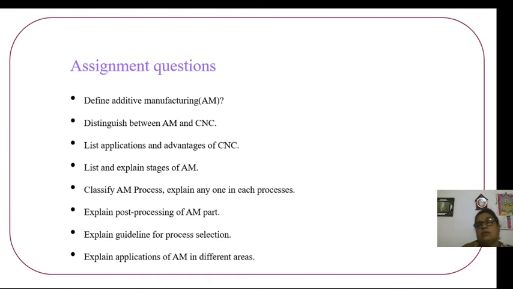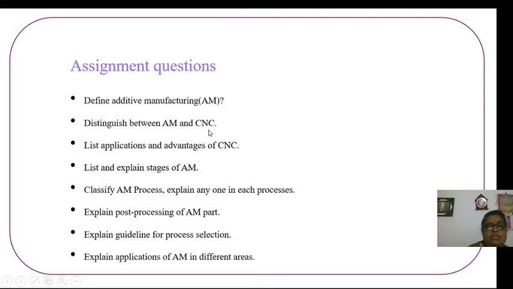Another point that you should remember here is the materials both machines utilize. The CNC machine works for plastics, metals and aluminium, etc. Even additive manufacturing also utilizes materials like plastic, polymers, synthetic materials, etc. This is what I just wanted to brief you about these distinctions.